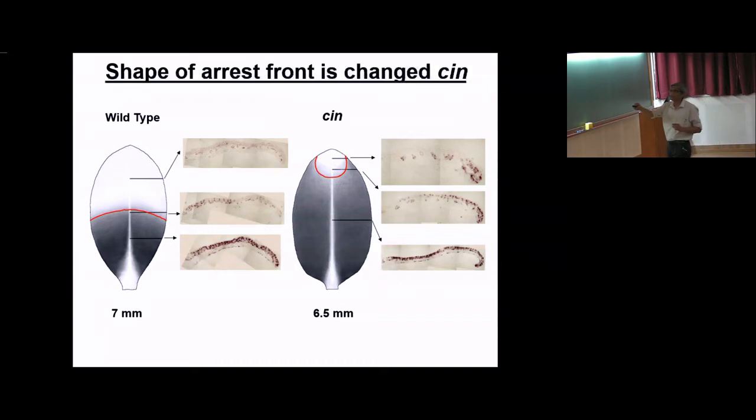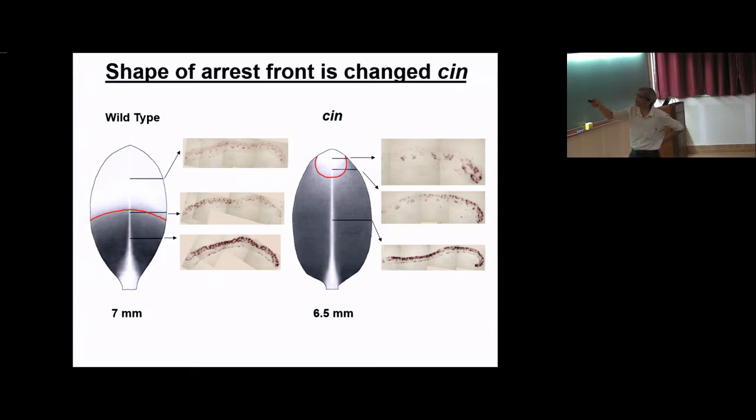And this transition zone is actually maintained throughout the leaf growth, even though it moves from the tip to the base. As the leaf matures, it is constantly there in the leaf. So it's actually affecting the entire leaf. This region must have seen the transition zone a day earlier or something like that. So the change of this shape can explain why the leaf loses